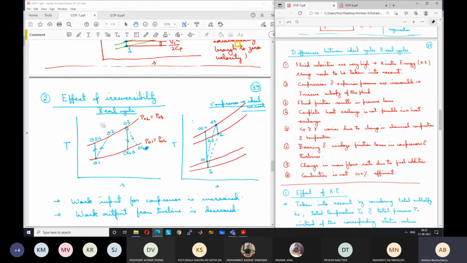But in real life, what will happen? Entropy always increases, right? Because of irreversibility. So instead of 0,2s, the compressor outlet is somewhere on the right hand side of this 0,2s line because the entropy has increased. The pressure still remains the same, because by design, you are designing a compressor for a certain pressure ratio. So if I am designing the compressor for a pressure ratio of 20, the outlet pressure will be 20 times the inlet pressure. So what will be the outlet point? It will be somewhere on the constant pressure line, but on the right hand side of the